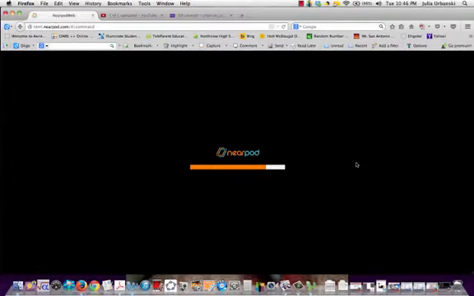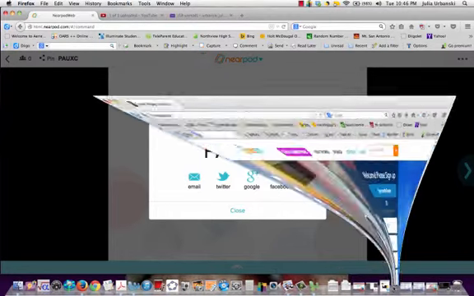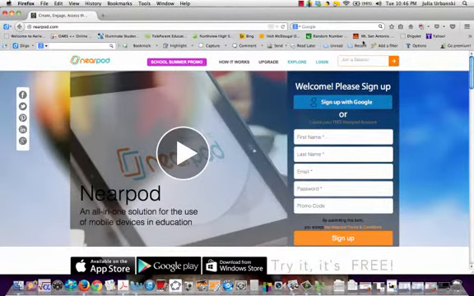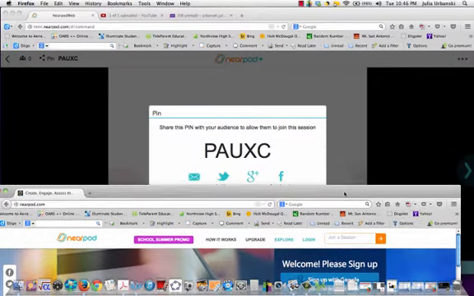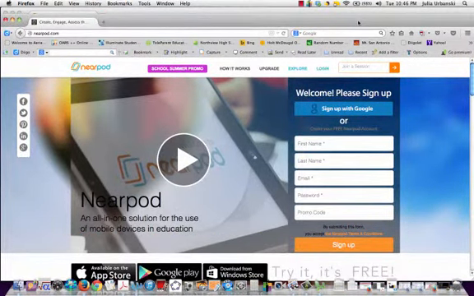Wait for it to open up here. Alright, this is the PIN number that students will need to type in order to join your session and answer the questions that you just put out there. So I'm going to open the other screen that I had available, right here, and I have to enter that session number. The students will have it on their phones, it's just the only thing it says is join a session,